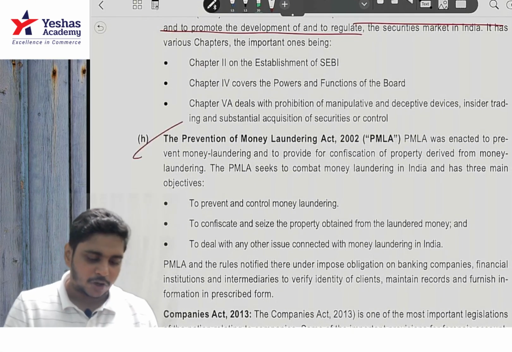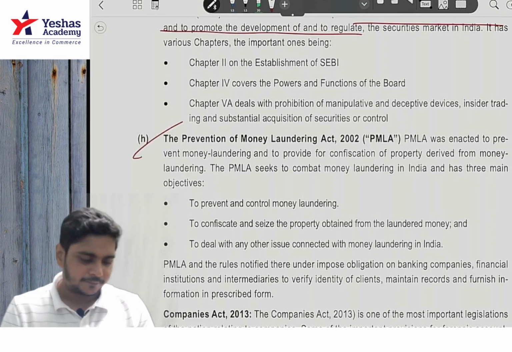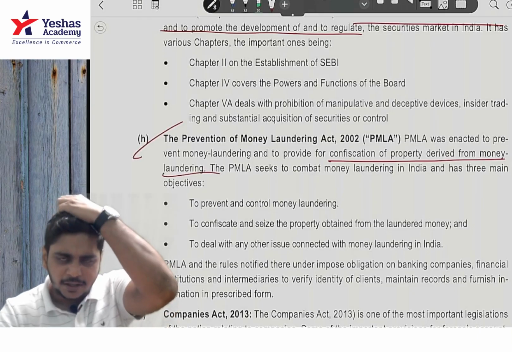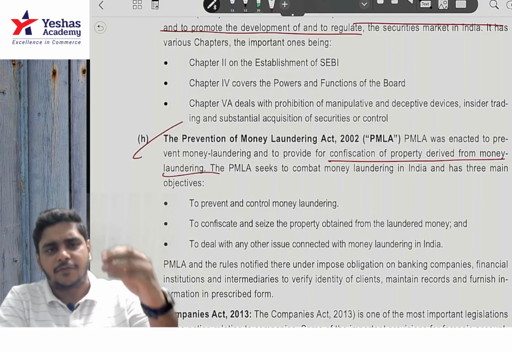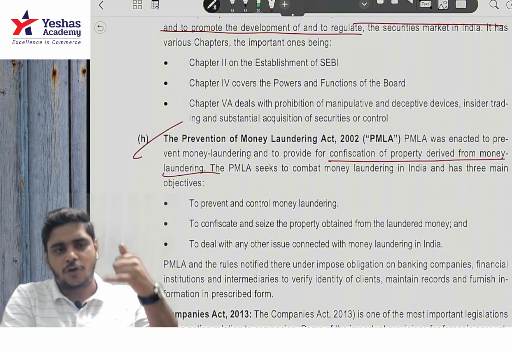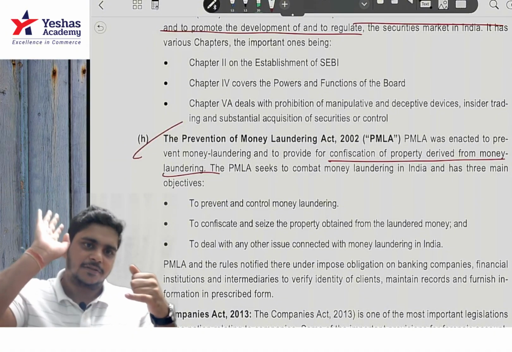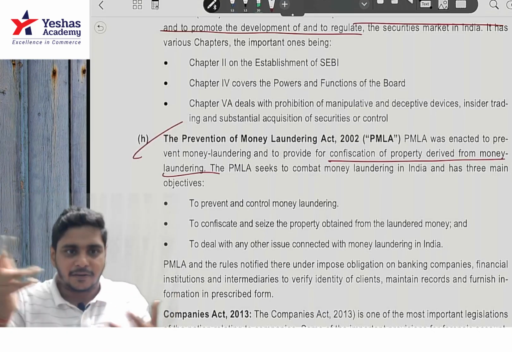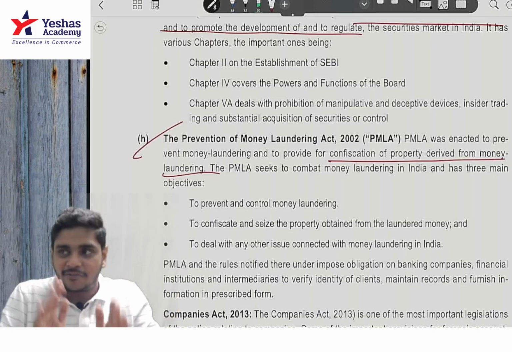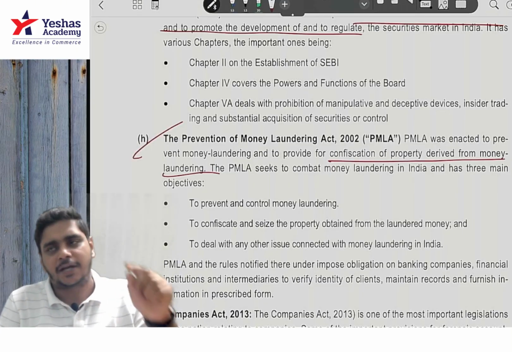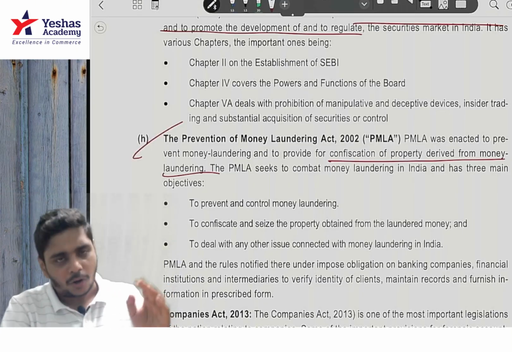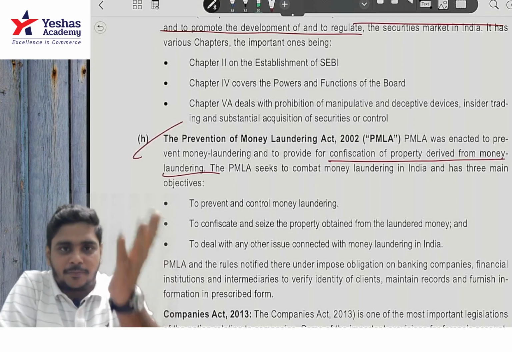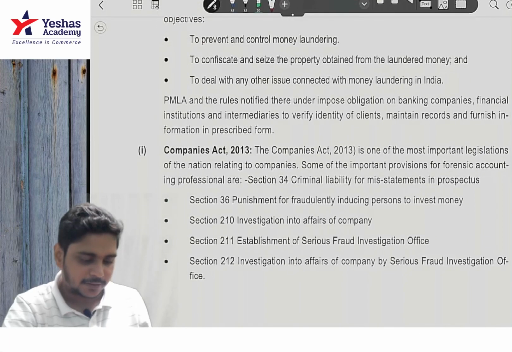The Money Laundering Act, we also call it PMLA. The Money Laundering Act talks about confiscation of property derived from money laundering. Hawala transaction, you must have heard about this, okay. If somebody needs 1 crore rupees in Bangalore, I will call my agent, he will give 1 crore rupees there in cash. I will give cash in Mumbai, somebody will give cash there. It is Hawala. There is no bank transaction. I have not sent the money. My agent has a contact. He will give the money there. It is called Hawala. All this is illegal. I don't do all this, I am saying it is illegal. So you must also have knowledge of the Money Laundering Act.